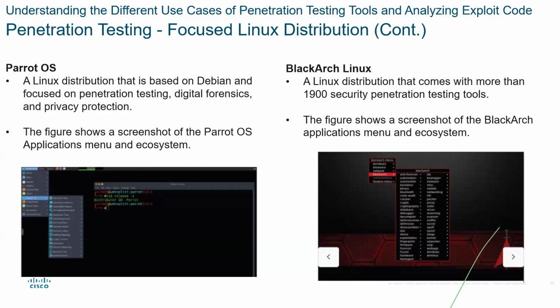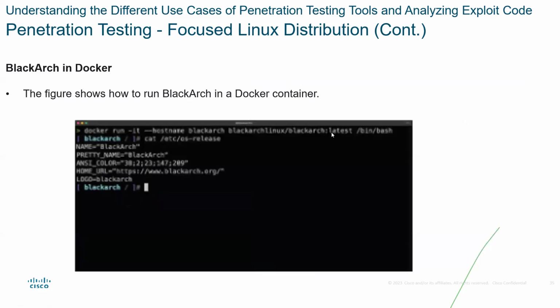So BlackArch is a Linux distribution that comes with more than 1,900 security penetration testing tools. Okay, and that's the BlackArch application menu ecosystem. So this is what it looks like for BlackArch, right? And this is how to run it in a Docker container. So a Docker container is typically that space that you are given on a virtual machine, right? Where you dock